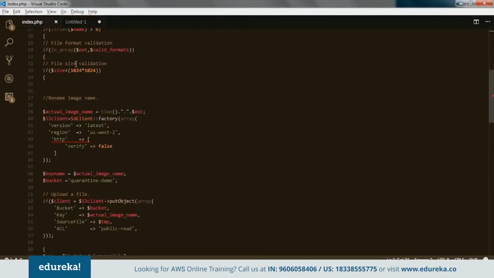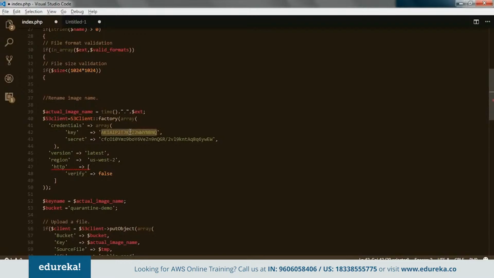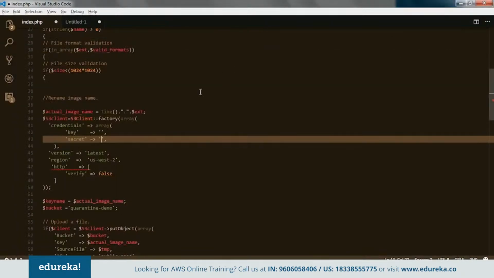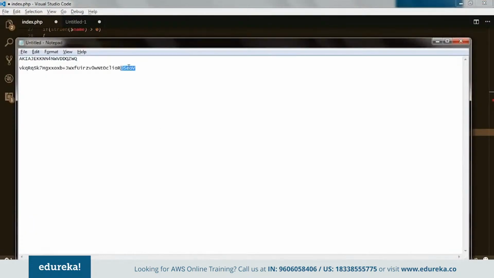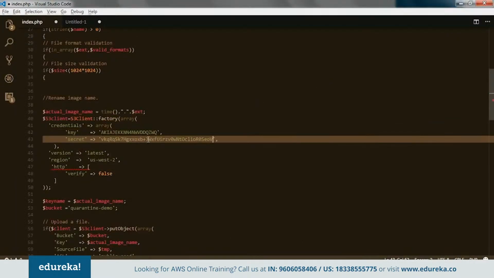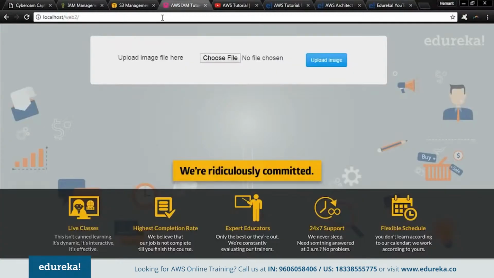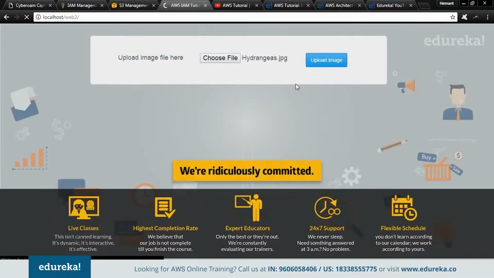So I'll copy it and I'll paste it here. I'll delete this and this as well, not required. And now I'll paste my key and my secret key, which is this, right? So I'll copy the key over here and then my secret key as well over here. And now I'll save it, and if I try to access my localhost website now, I should be able to upload a file, right? So if I try to upload the file now,